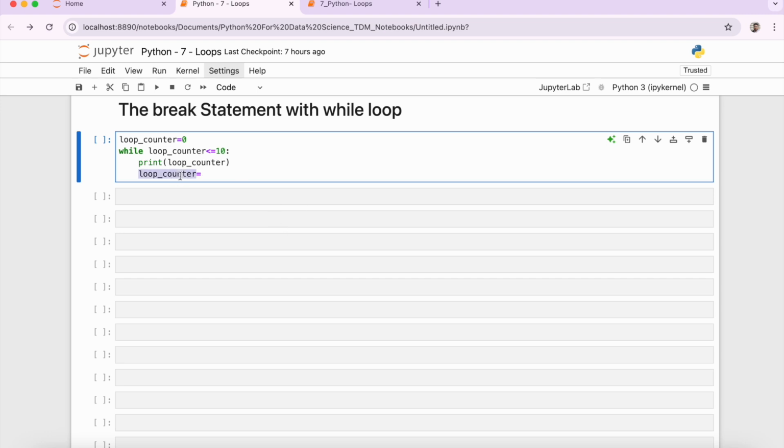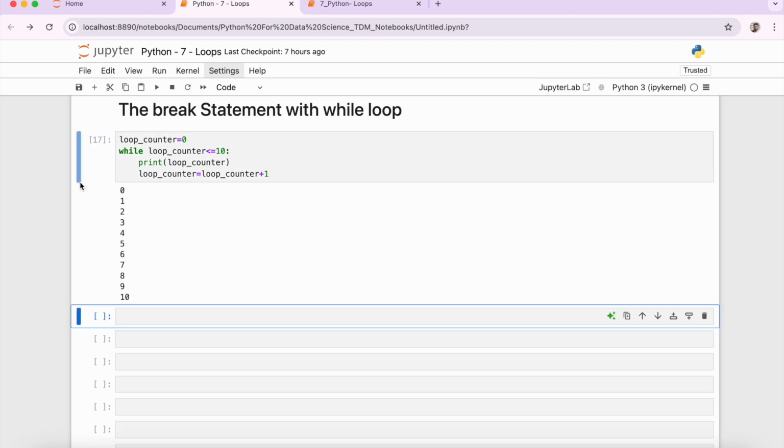So loop counter is equal to loop counter plus 1. Let's run this. So we have values printed from 0 till 10.